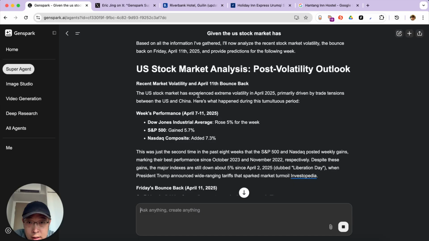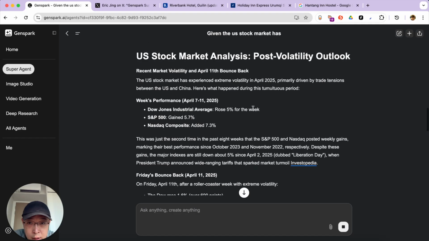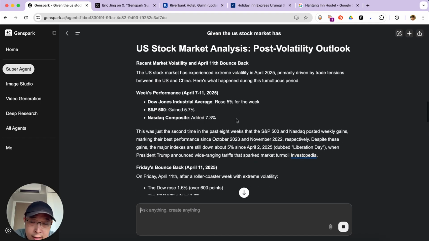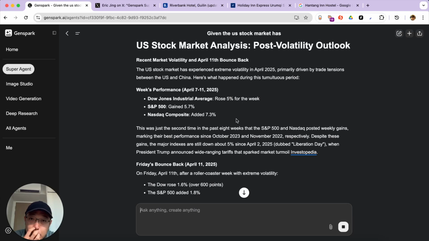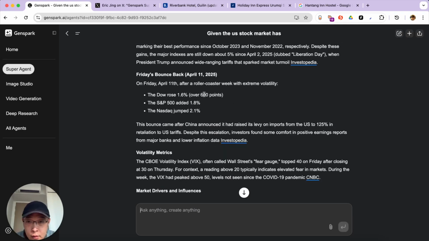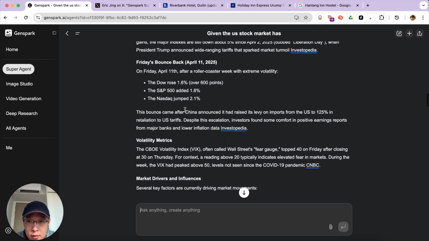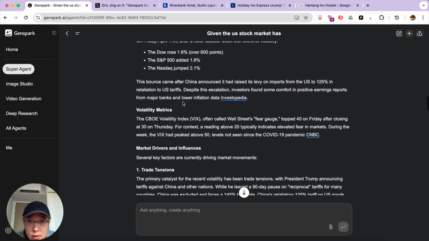Okay, the US stock market experienced extreme volatility in April 2025, primarily driven by trade tensions between the US and China, which is true. Oh, China announced the levy.